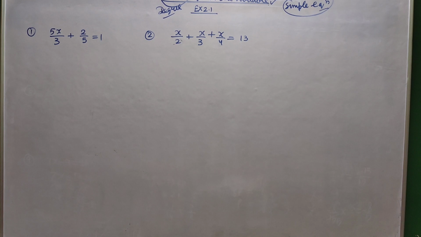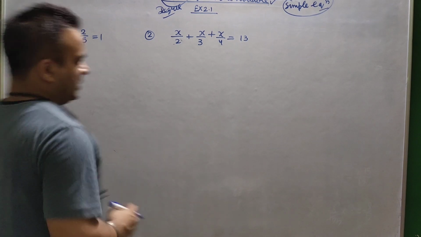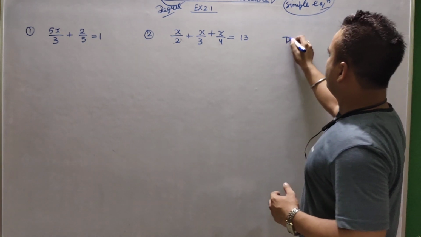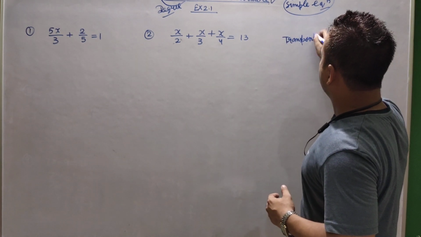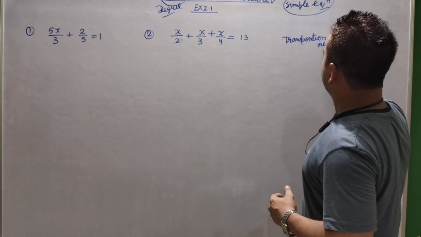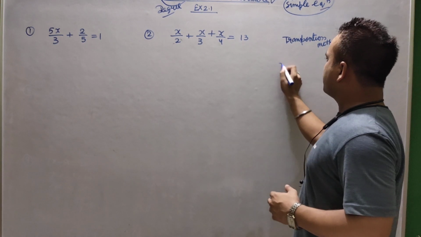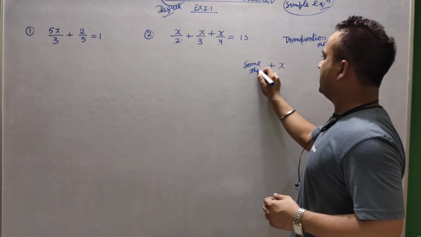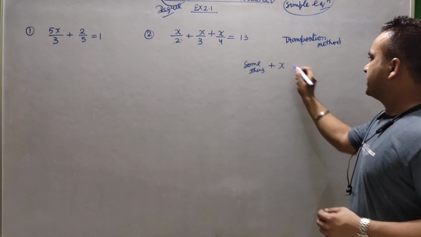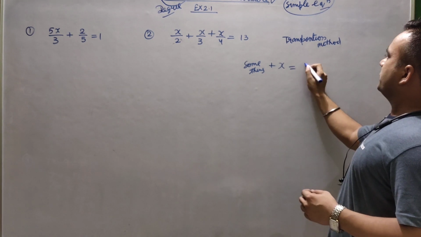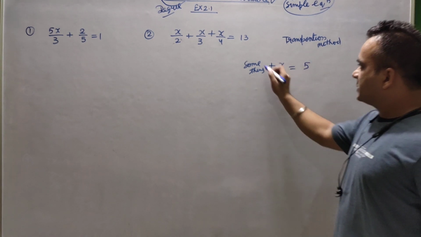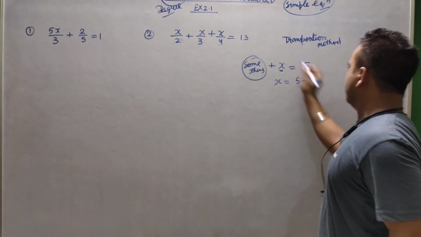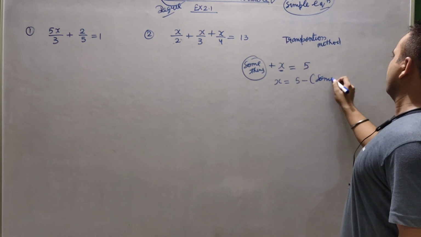Okay, I have written 2 questions here. Okay, class, I want to repeat one more time the transposition method, for the students who are not able to understand it clearly. Transposition method. If there is something in plus, I write here something with the x. So if there is something here, 5, then whatever the plus part with this variable, it will shift here in minus something.